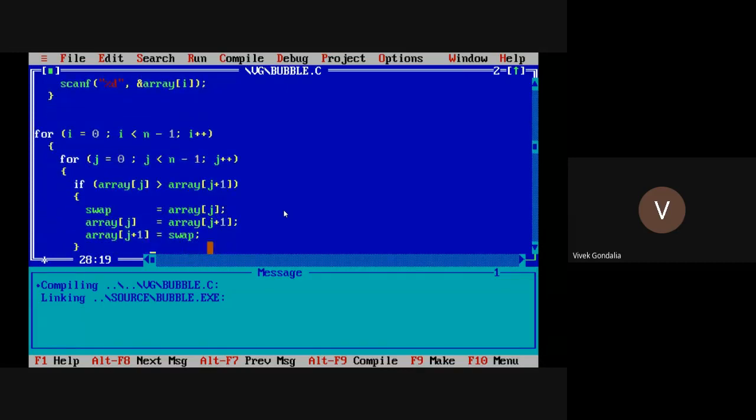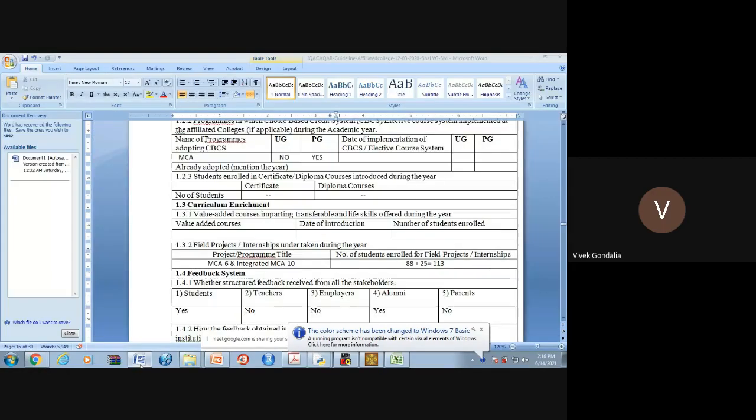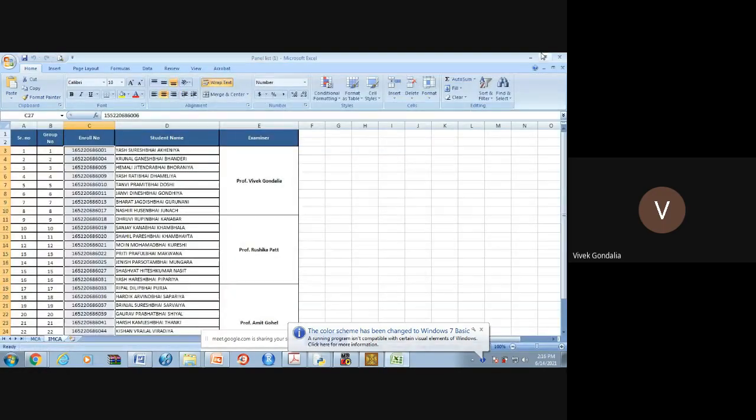Now what we have to do? We have to compare the array with the same array. Let me explain this in the Word file so I can give you a better idea of it.